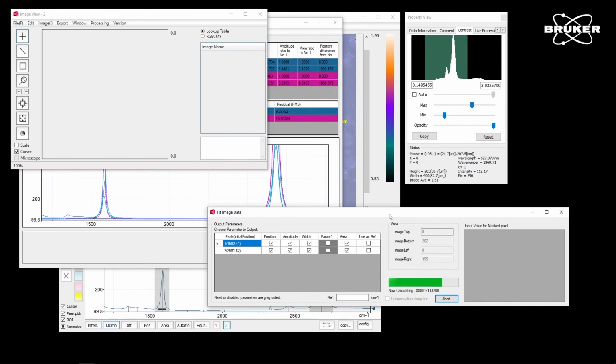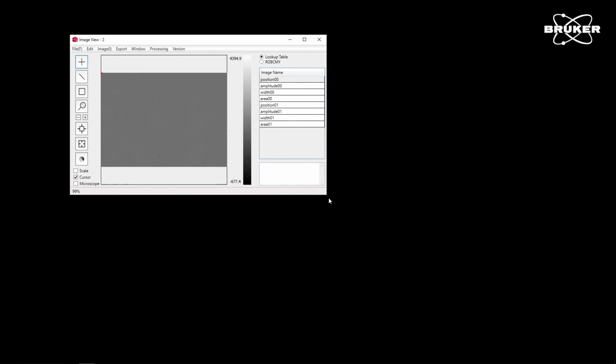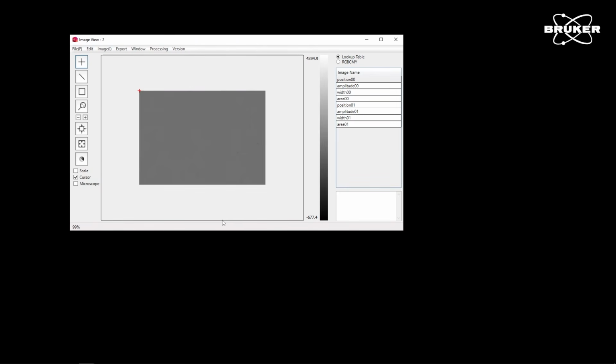Let's quickly wait until all the pixels are peak fitted, and let us look at the newly created image.